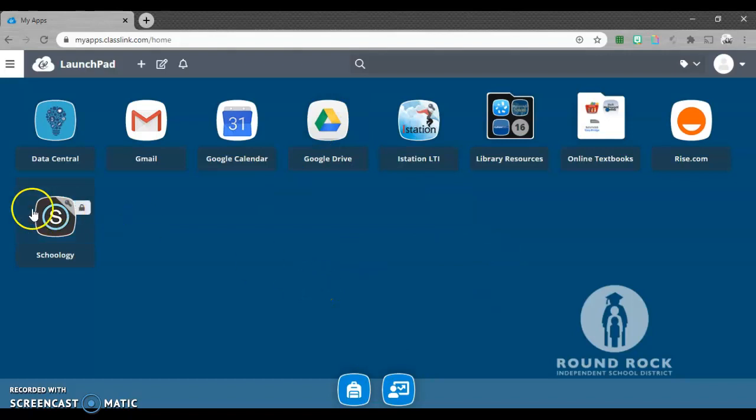You'll sign on just like normal, as if you're going to Schoology, but this time you're going to click on iStation. When you click on iStation, it should launch, just like you've seen in the files in Schoology, or the file in this email. If for whatever reason it asks you to log in or it says launch failed, then